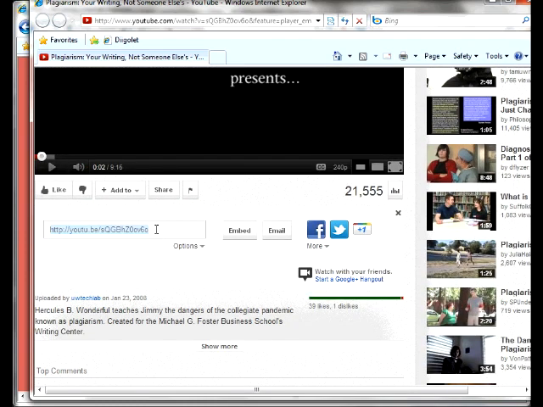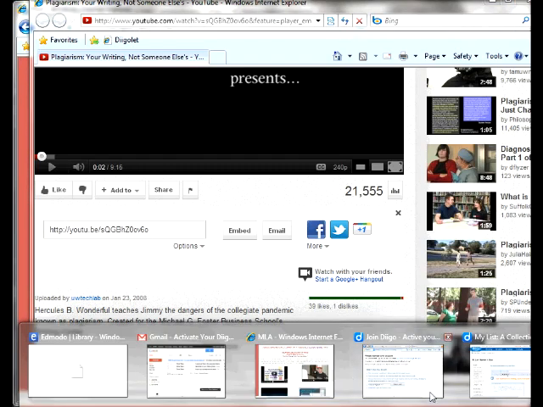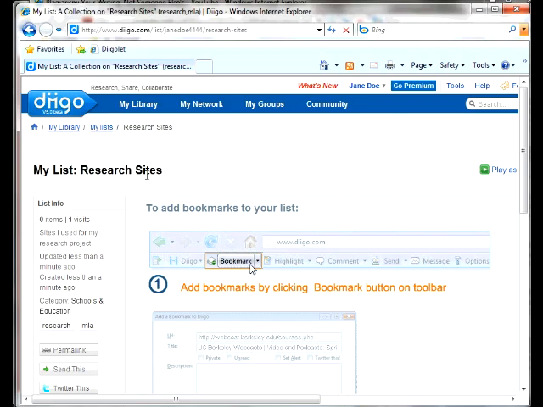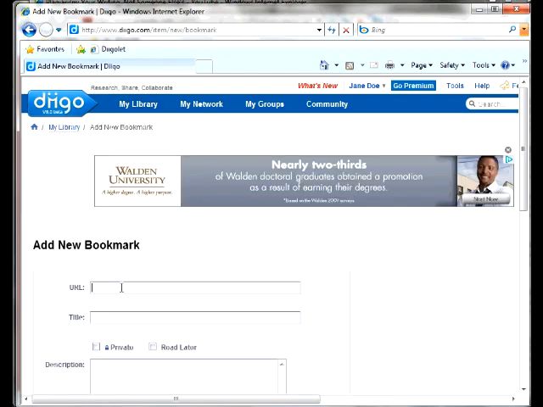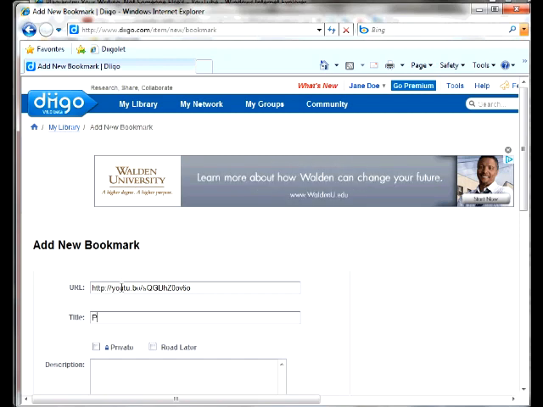I'm going to go to share to get the short URL, copy it, and go back to my Diigo list, and I'm going to go to back to my library. This is the way we have to work if we can't use the tool. Add new bookmark. The URL, there you go. Title, plagiarism, your work,